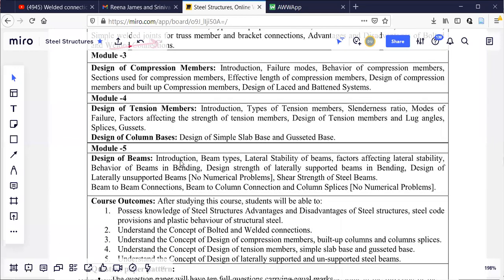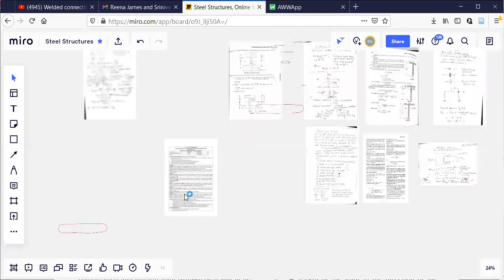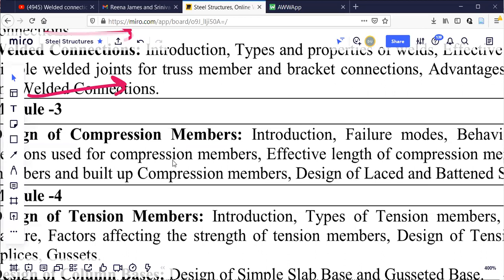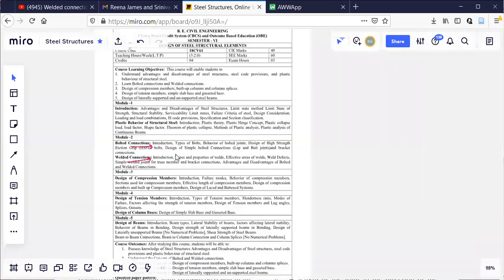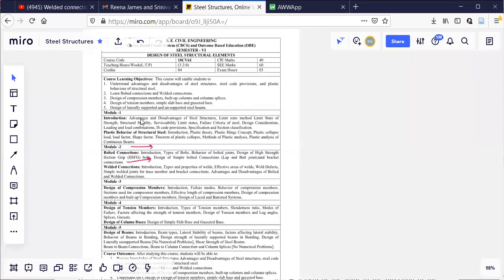Beams will be taken up later because you have the extended version in the next semester. When you go to 7th sem, this will come, the extended portion of beams, that is, beams for bridges. So let us start this particular syllabus. I think it is clear now. Module 1 is completed, module 2 I have started. If I have left any topics related to module 1, I will cover them.